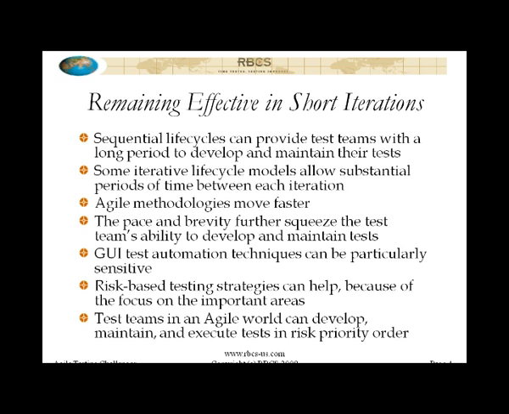Now, Agile methodologies tend to move much faster. You see these 2 to 4 week type of turnaround times, and that's for these iterations, and then that puts a lot of squeeze on the test team's ability to maintain their tests, to develop the tests. Certainly, maintainability, especially of the automated tests, is a very big consideration, and this is another reason why I emphasized before: think about how to maintain those automated tests, because you can get to a point where you're falling further and further behind.